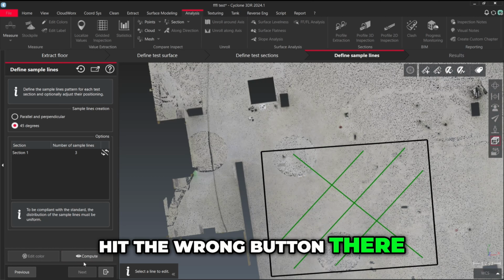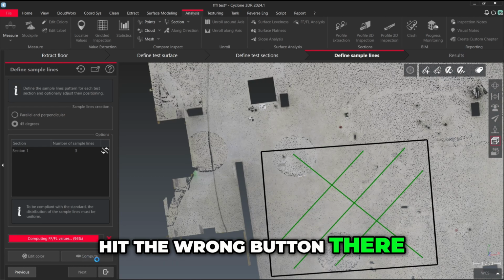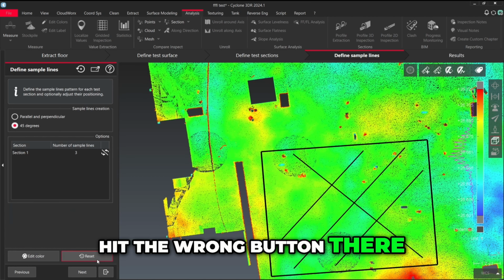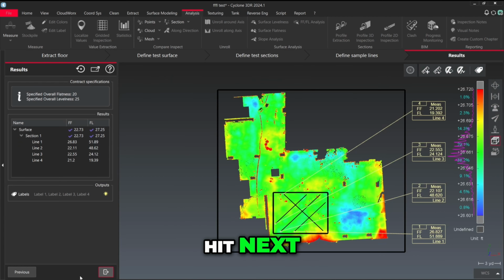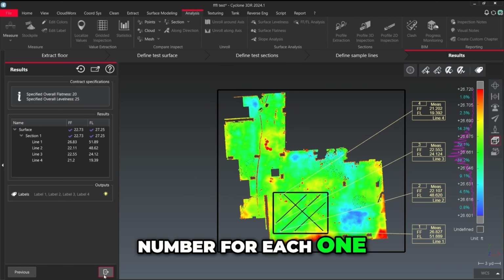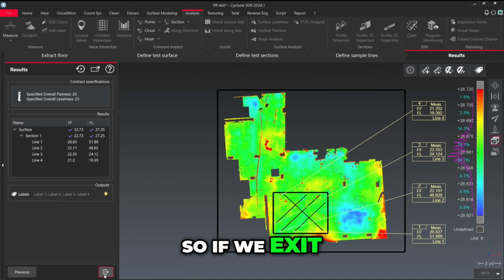Hit the wrong button there. So I'm going to hit next. And there you go. It gives you a tag for each of the lines and a number for each one. So if we exit out of this tool,